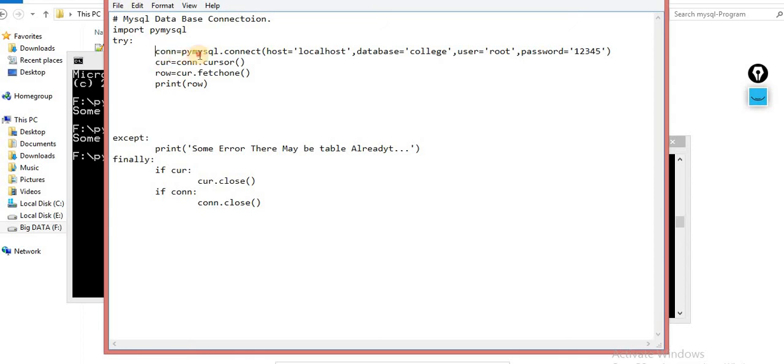The connection is pymysql connect localhost, cursor dot fetch. I think everything is fine. Why is it giving the error? Fetch one. Row is equal to cursor dot connection cursor dot fetch one.